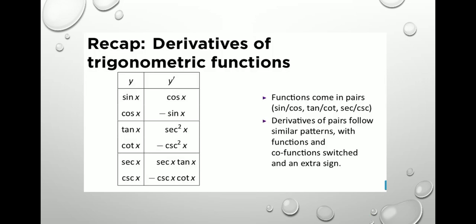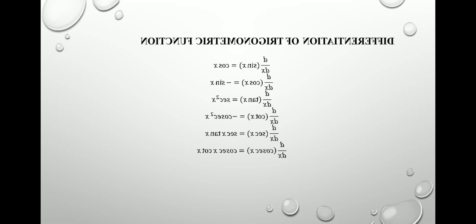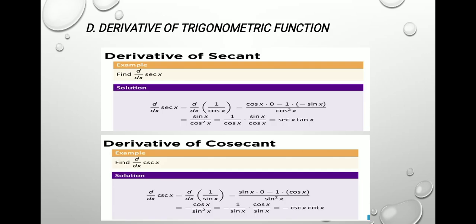I have here the derivatives of trigonometric functions. But before that, let's first discuss the example of the derivative of secant. Find d over dx secant x. d over dx secant x is equal to d over dx times the quantity 1 over cos x